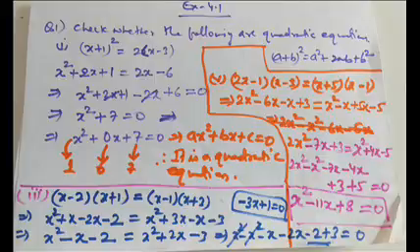Okay, so we have already seen that a quadratic equation should be of the form ax square plus bx plus c is equal to 0. So it means we need to solve the expression which is given. The first one: x plus 1 whole square is equal to 2 into x minus 3. Then in the next step it is x square plus 2x plus 1, as we have applied the formula a plus b whole square, which is written at the right hand side, a square plus 2ab plus b square. So it has become x square plus 2x plus 1 is equal to 2x minus 6, and this 2x and 2x have got cancelled after coming to the left hand side. From the right hand side it has changed its sign, and we have got ultimately x square plus 7